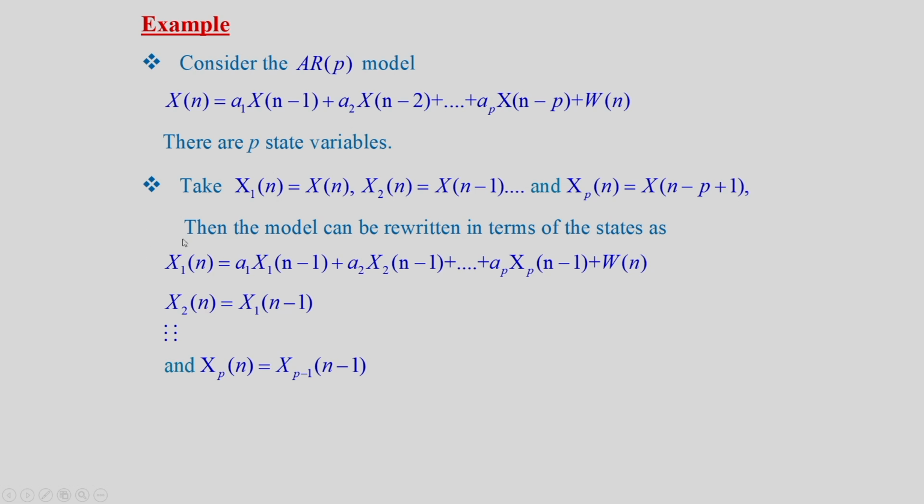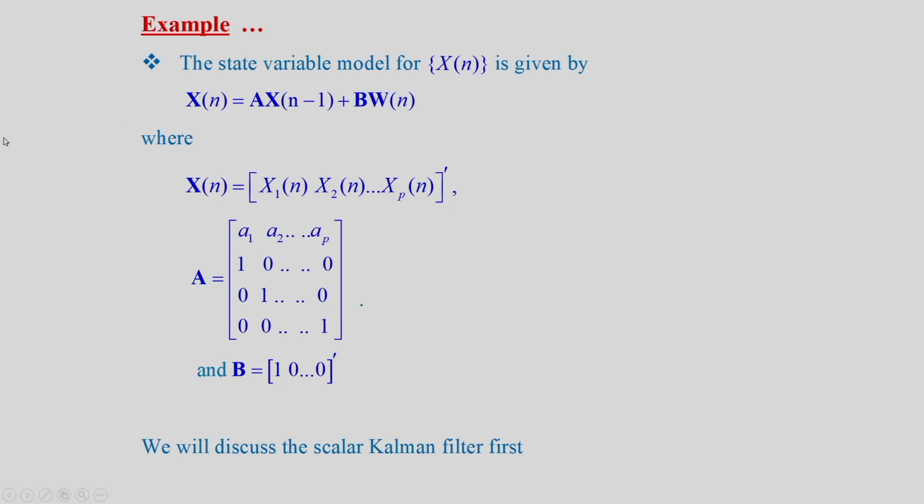And according to the definition, x2[n] is equal to x1[n-1], like that, up to xp[n] is equal to x[p-1][n-1]. So, that way all these state variables are represented in a first order difference form. So, this we can write in a matrix: x[n], that is the state vector comprising of x1[n], x2[n] up to xp[n]. So, this can be written as x[n] is equal to A times x[n-1] plus b times w[n], where